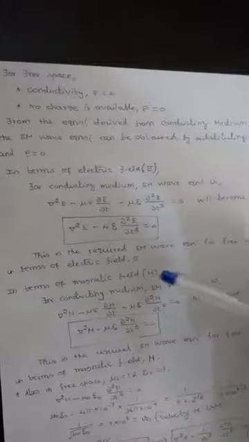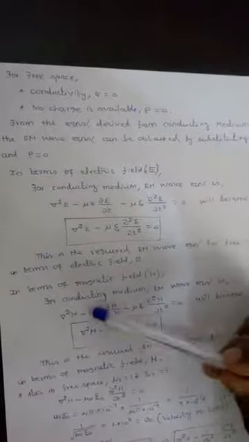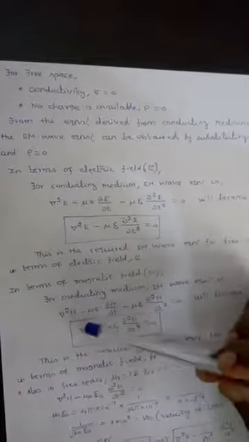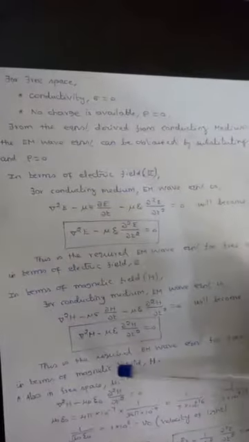Next, in terms of magnetic field, the same thing has to be done. We have derived already the equation for conducting medium. There just you take sigma as 0 and rho as 0. So this term vanishes. Remaining term del square H minus mu epsilon dou square H by dou t square will become 0. This is the required electromagnetic wave equation for free space in terms of magnetic field H.